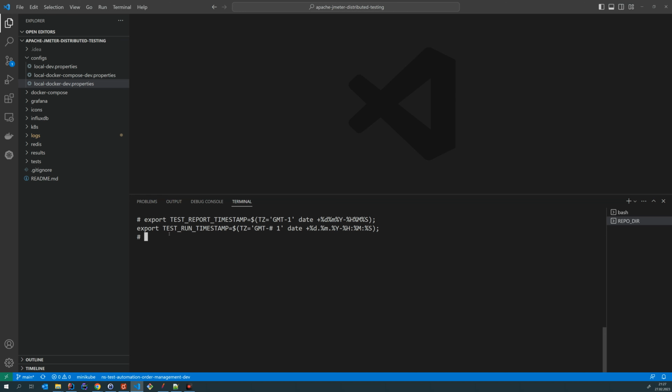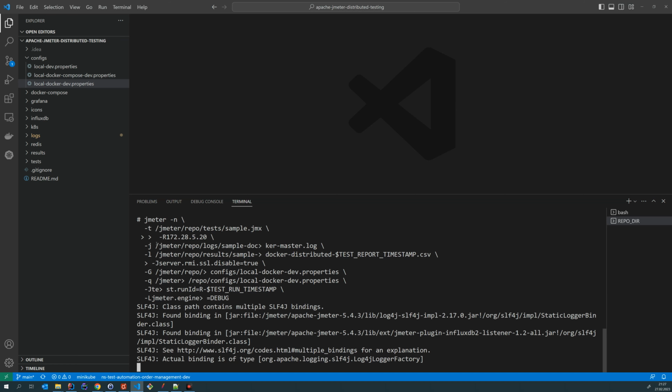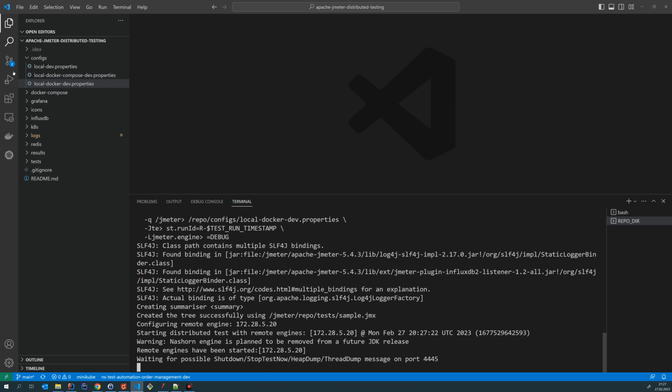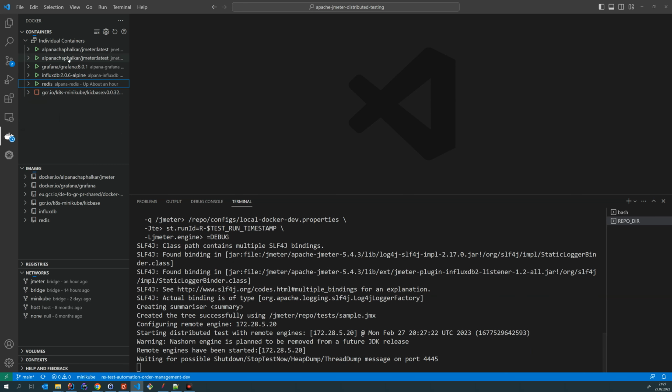Now I will execute the test using the JMeter command line. And in this, the test has already started on the remote host 178.28.520,